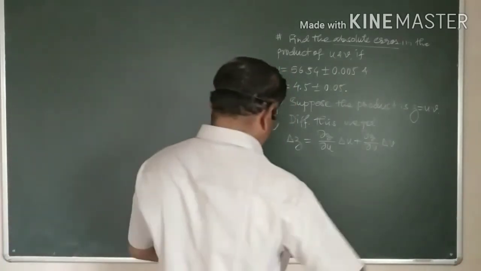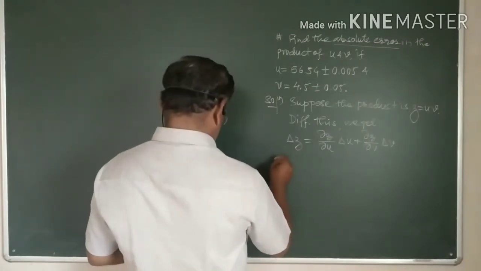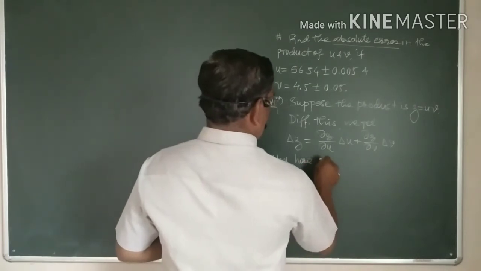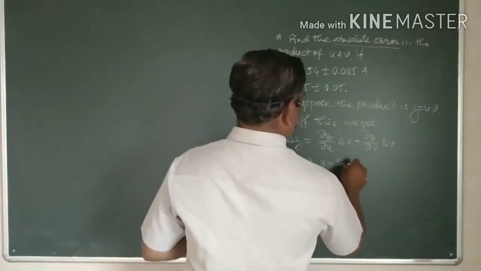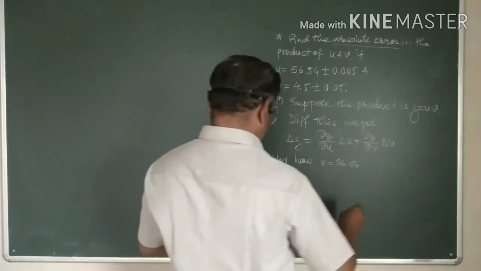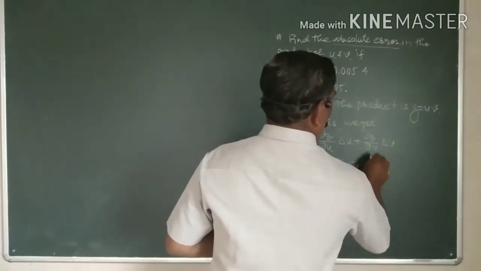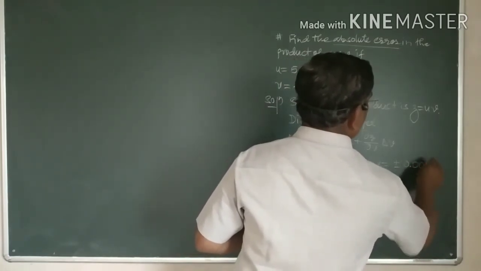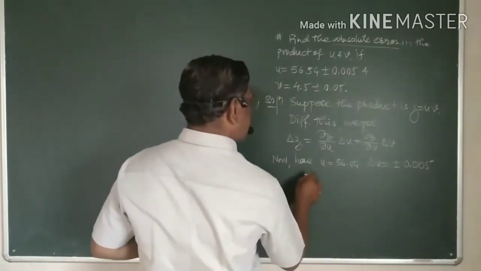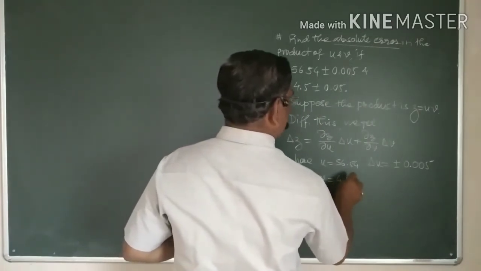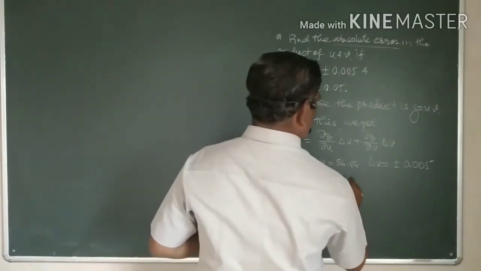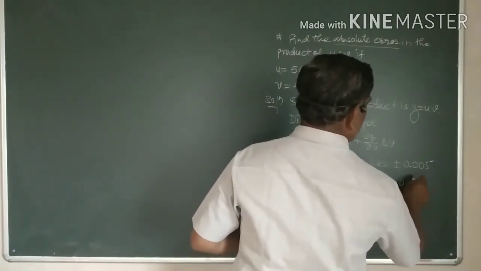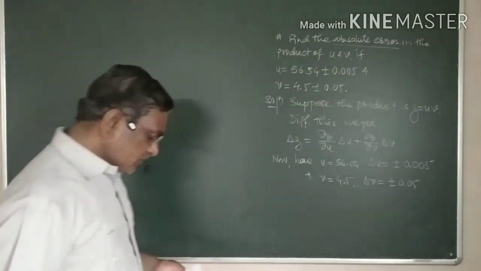Okay. Now the values of U and V are with me. Now here U is equal to 56.54. Well, and how much is the value of del U? Del U is nothing but plus or minus 0.05, right? And V is equal to 4.5, and del V is nothing but plus or minus 0.05. Okay, well, and therefore